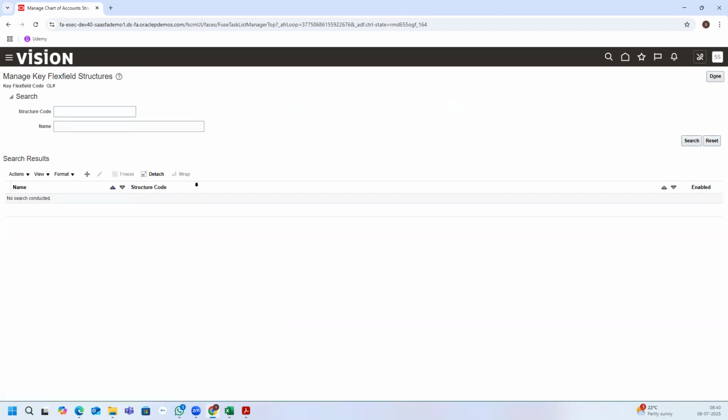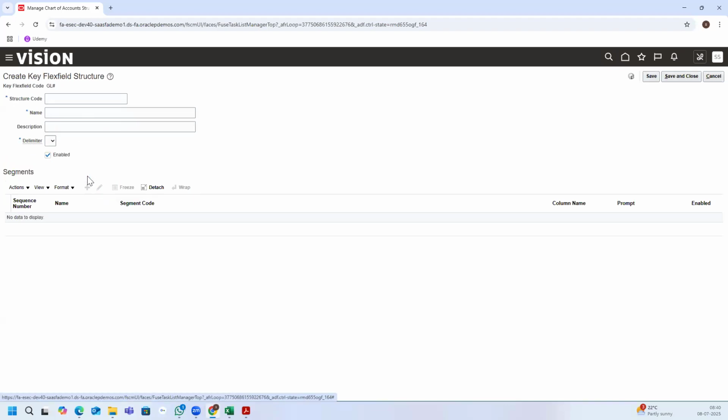We need to create our structure. If you want to search, you can search it here. Since we are creating new, we need to click on plus. So what is our structure code? I'll say Samsung COA structure. Why COA? COA means chart of accounts structure. Okay, Samsung